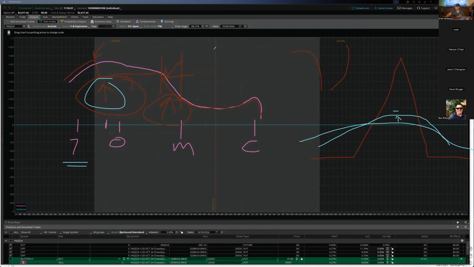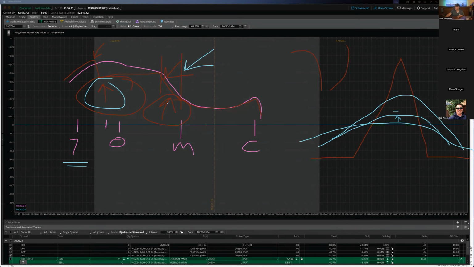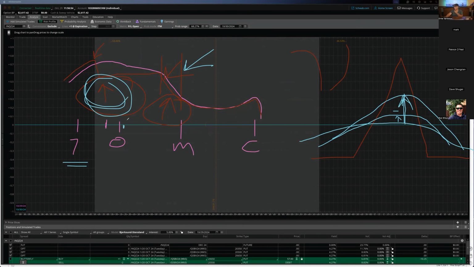It might come up to here. And then you get to this point in the day, and then you get another acceleration where it will go from here up to here like that. So those are those two events. If you don't get this middle event, then it's just a slow growth up like that, or a slow growth and then acceleration into here. But that's what you're looking for. This first event is going to happen somewhere between after economic reports and the open, or if you have reports that happen right after it, somewhere in there.